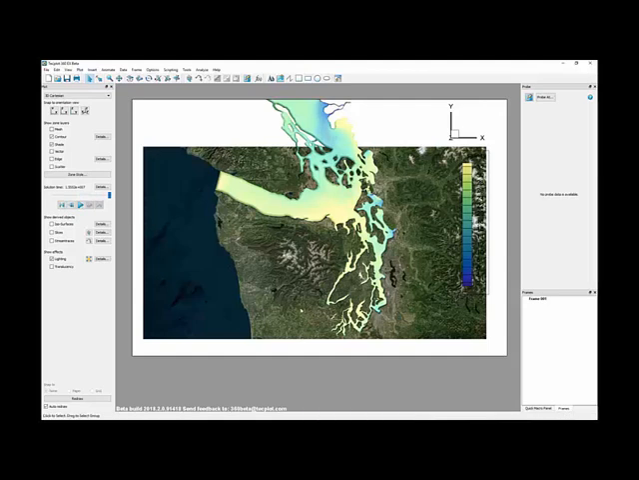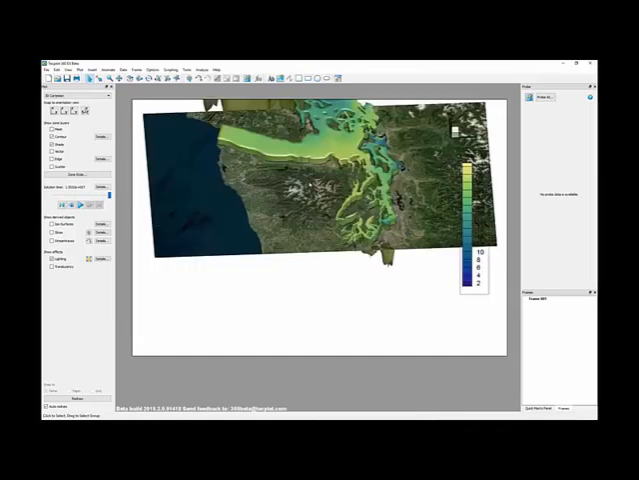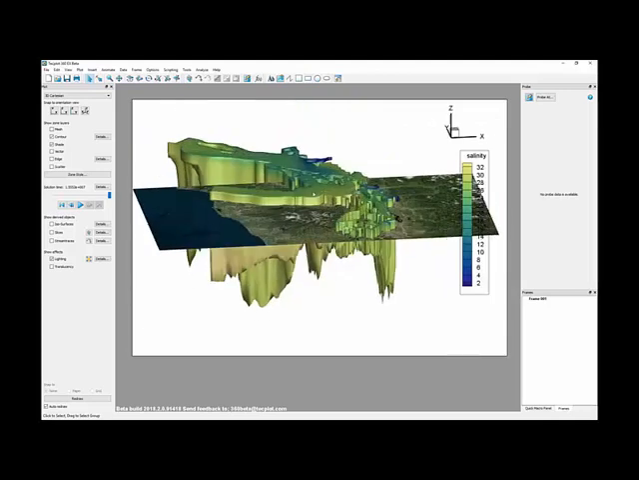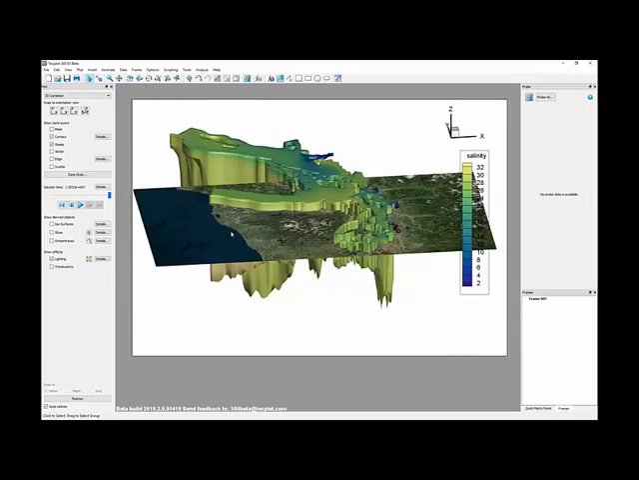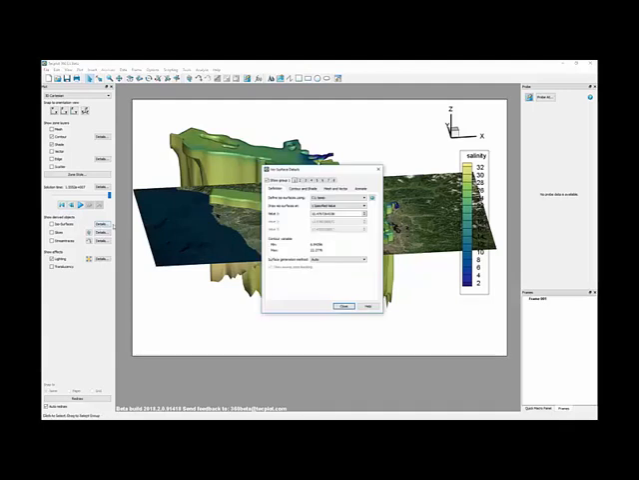Now what happens if we want to see a lower level of our data? Well, a good way to do that is with isosurfaces. So let's go ahead and set up an isosurface. So I can go isosurface details. Now,